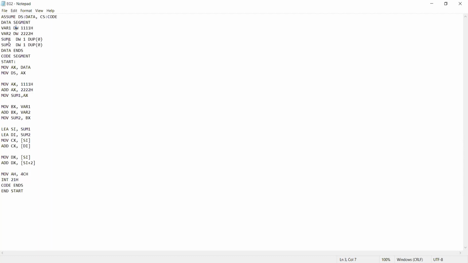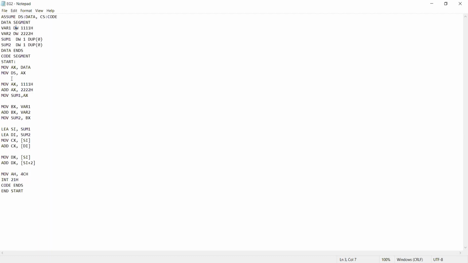Next, we are performing the sum of the values stored in those two variables, and storing that result in the variables sum1 and sum2. Sum1 and sum2 are used to store the sum of the two variables.